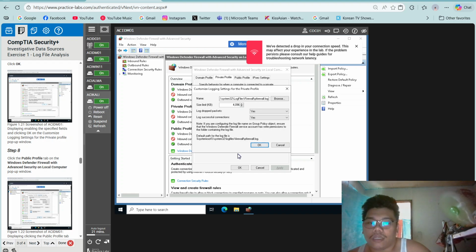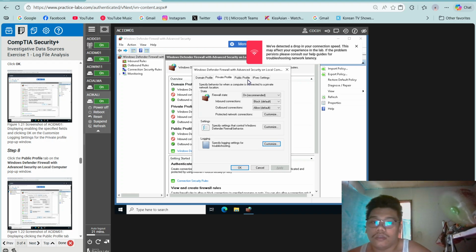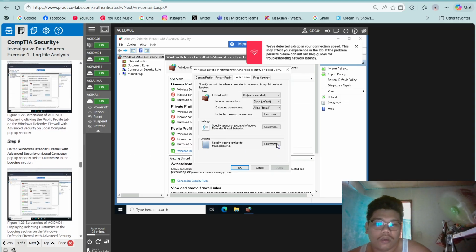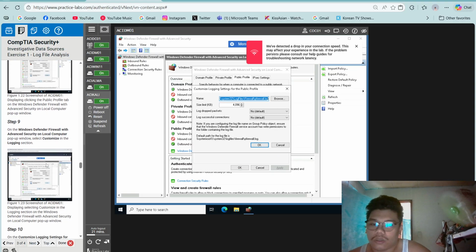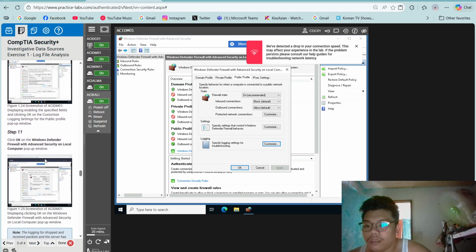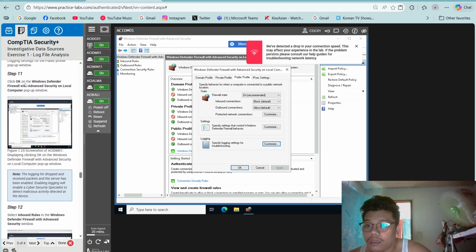Once you have clicked yes, okay. Step 8, go to the public profile. Customize in the logging section. Then step 10, log dropped packets: yes, and then log successful connections: yes. Then click OK.